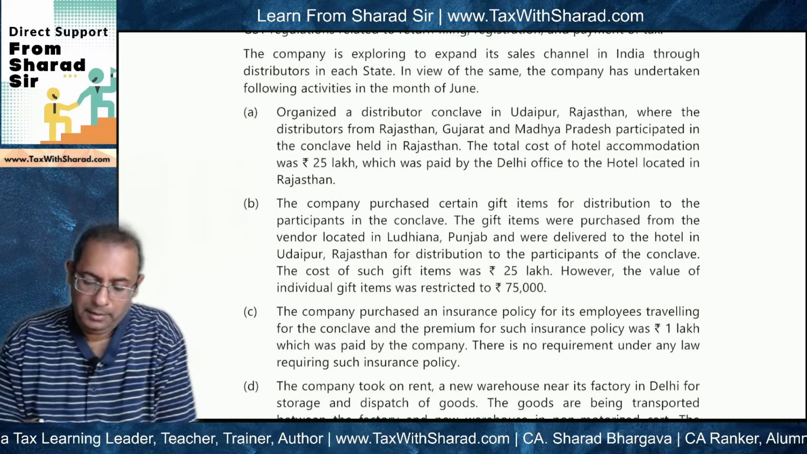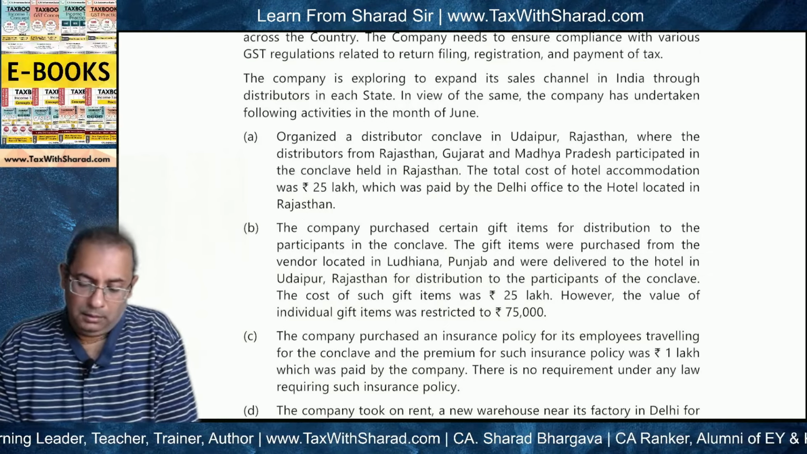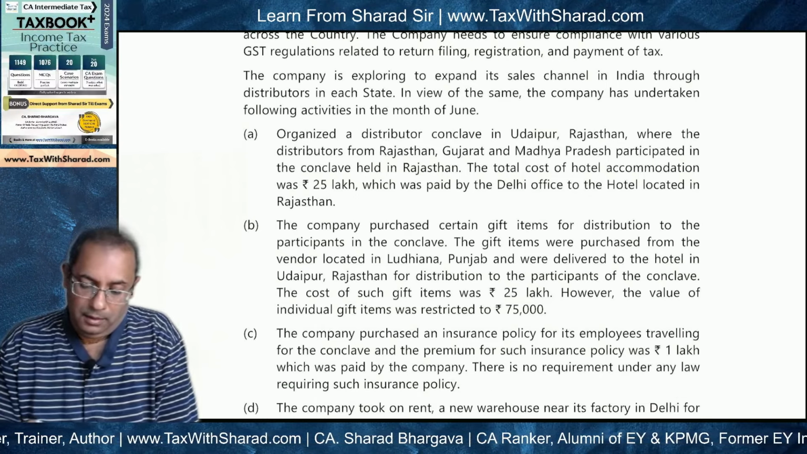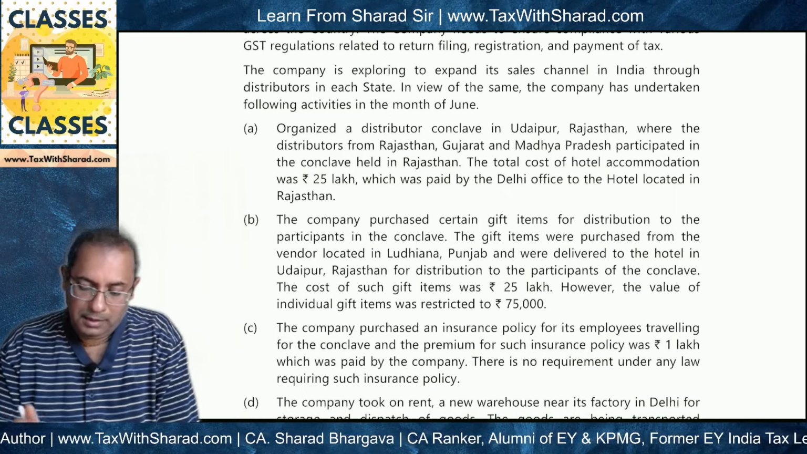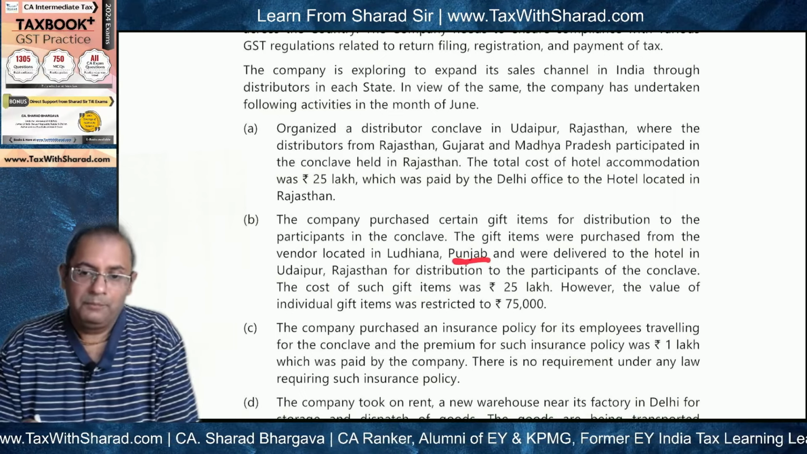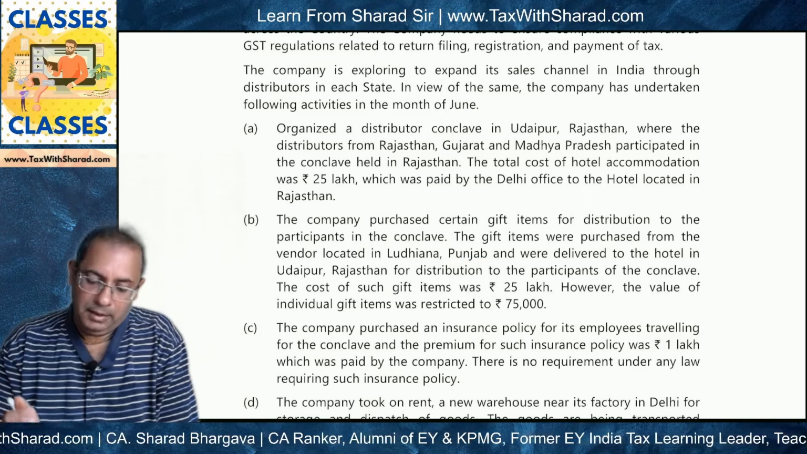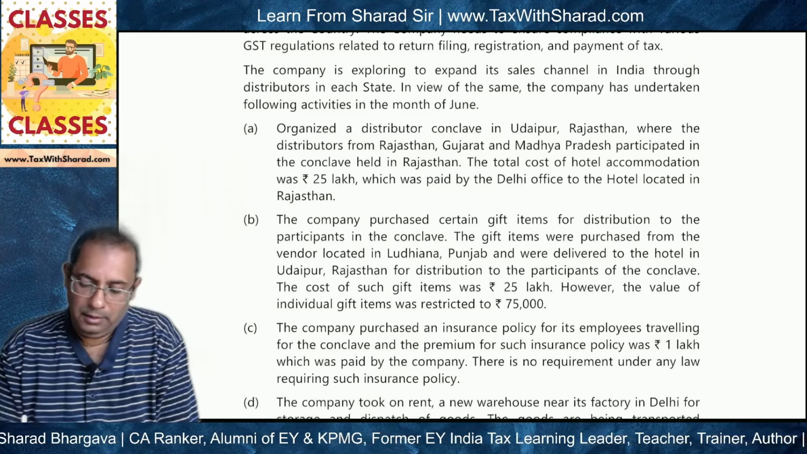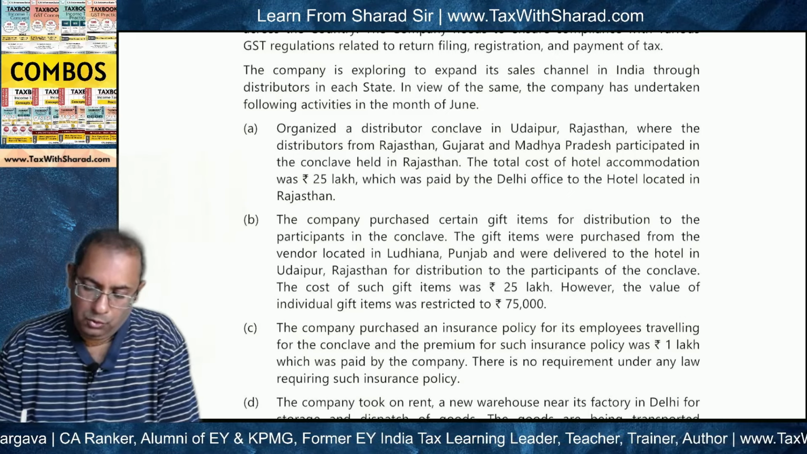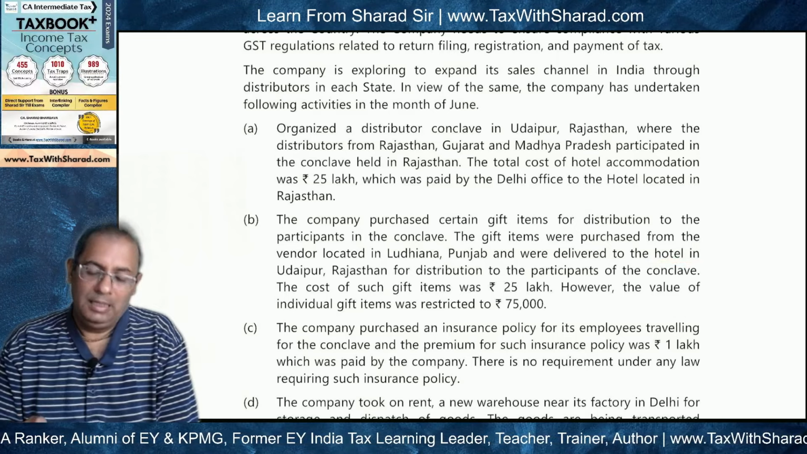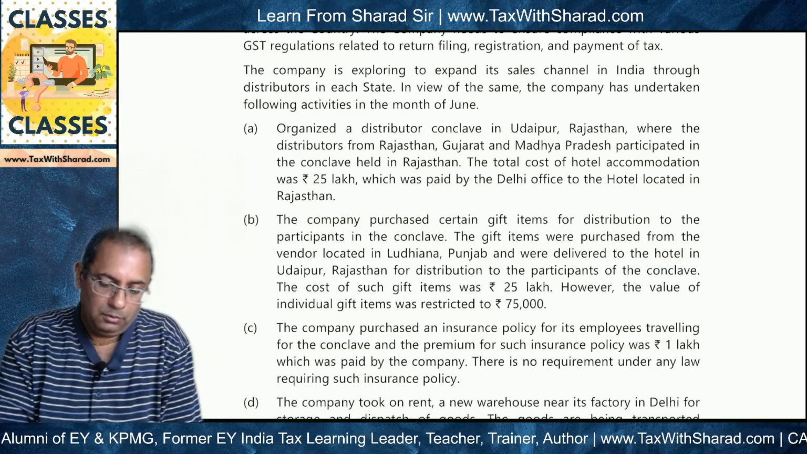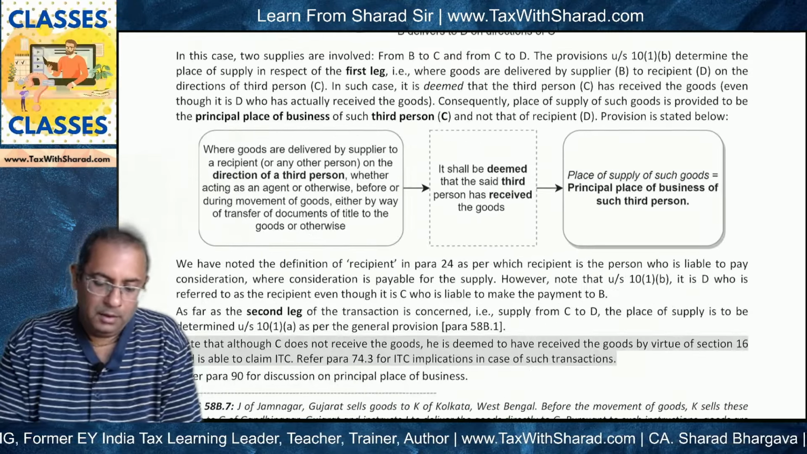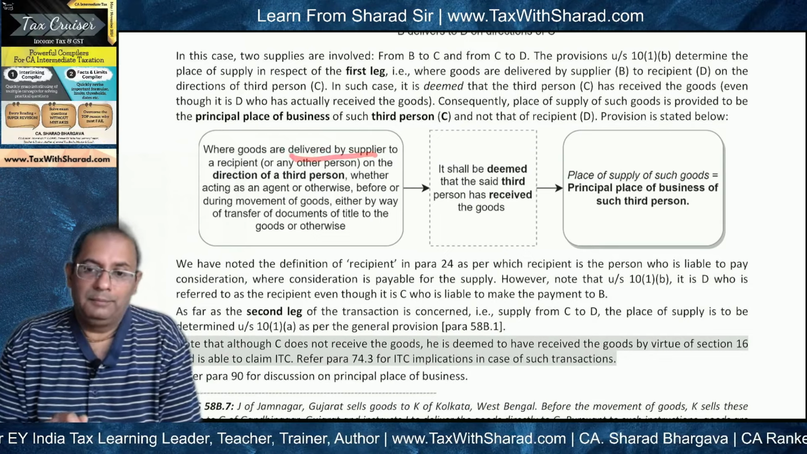So what is happening is that the company in Delhi has basically purchased from the vendor in Punjab, but instead of asking the vendor to deliver it to XYZ in Delhi, it has asked it to directly deliver it to the hotel in Udaipur, Rajasthan. So what will be the position here? This will be a position of bill to ship to cases, where goods are delivered by the supplier, the vendor